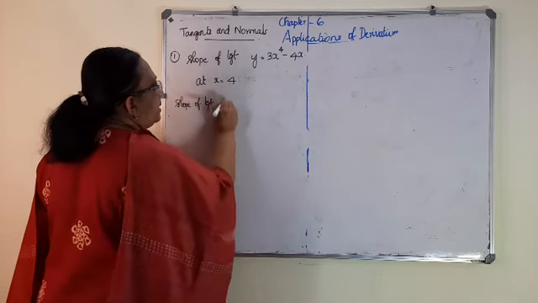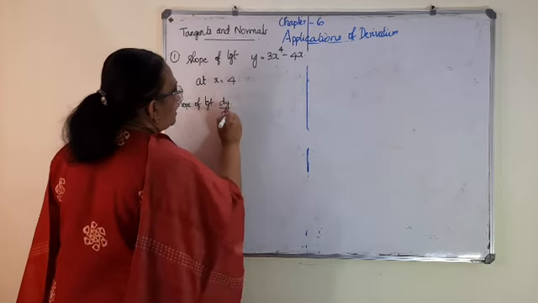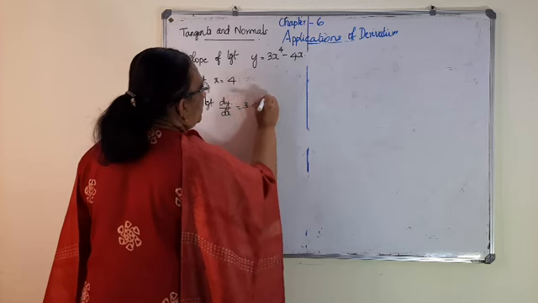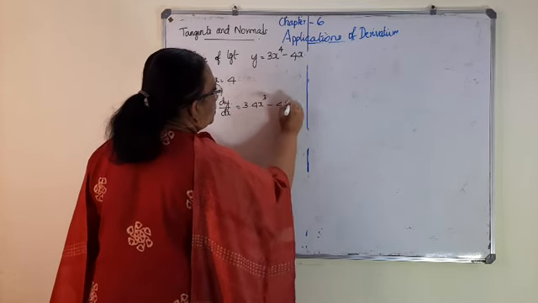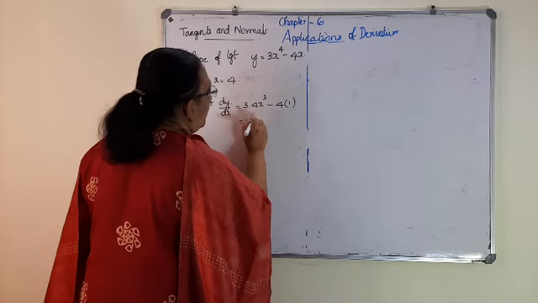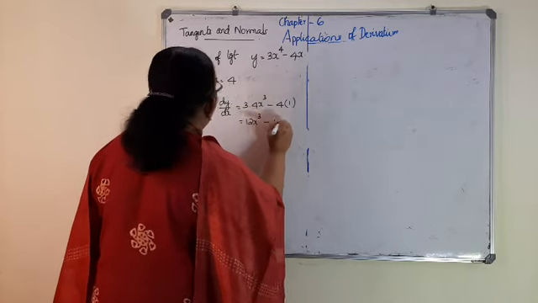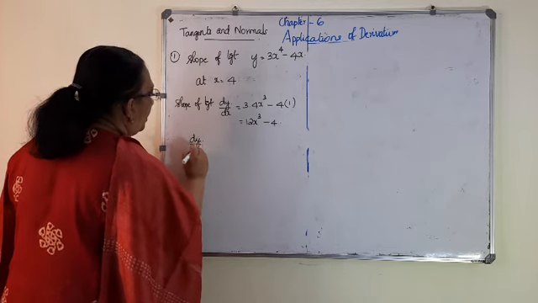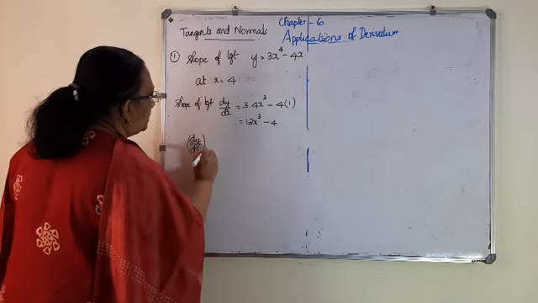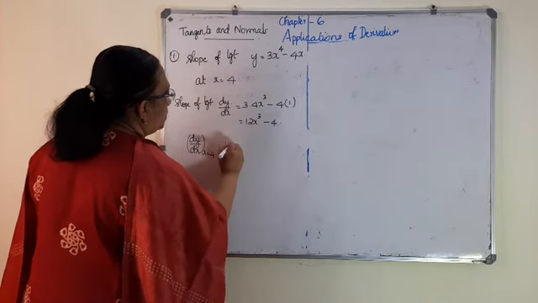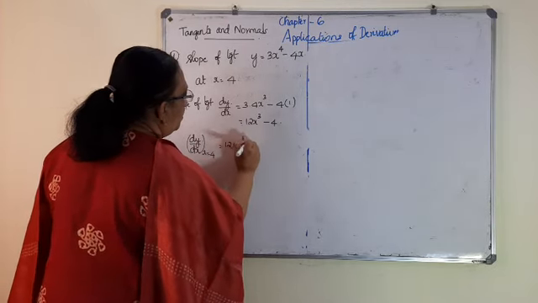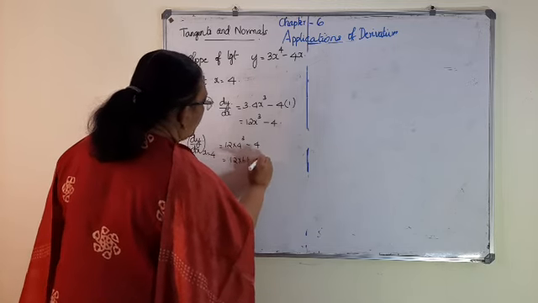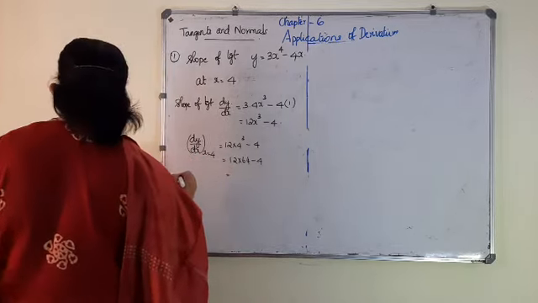What is slope of tangent? dy by dx equal to 3 into 4x cubed minus 4 into 1. That is 12x cubed minus 4. The question is dy by dx at x is equal to 4. That is 12 into 4 cubed minus 4. 12 into 64 minus 4, which is equal to